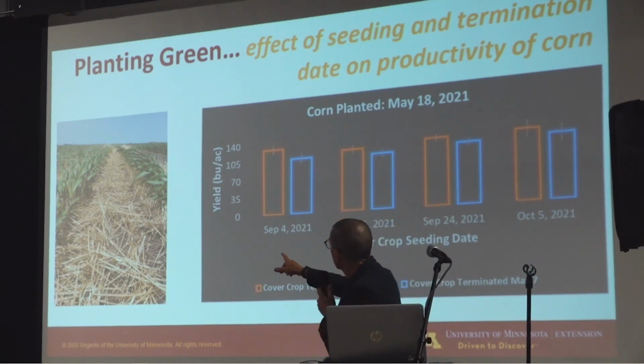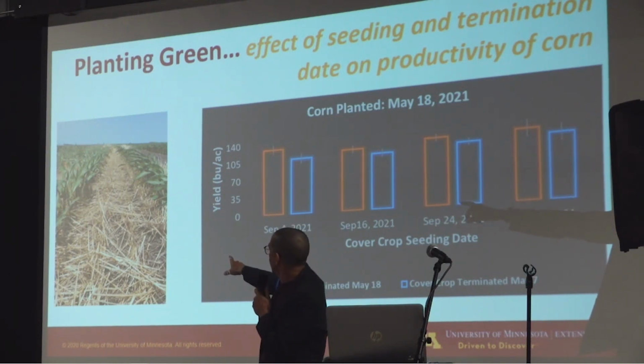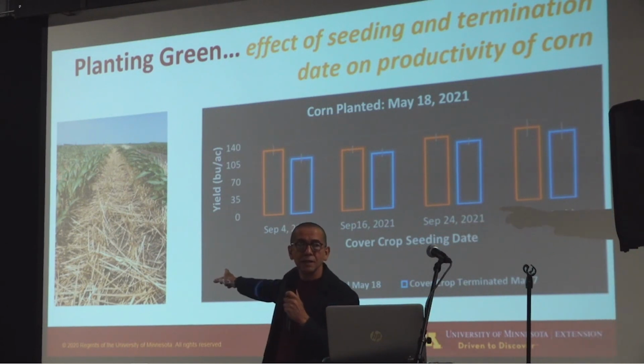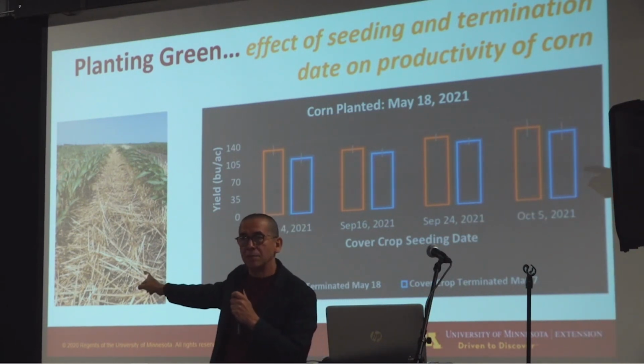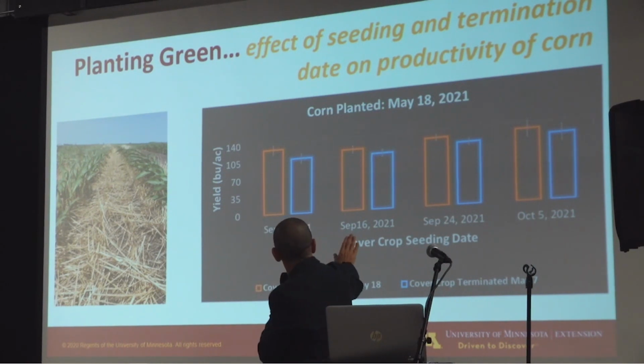This picture here tells you how our corn looked like. This is the corn that was planted green. It looked like this. I didn't believe that we will make it. And at the end, this is what we got, okay? So you can see here,